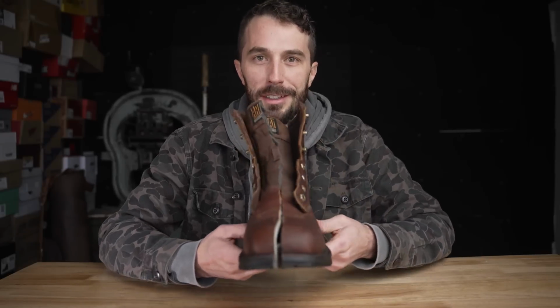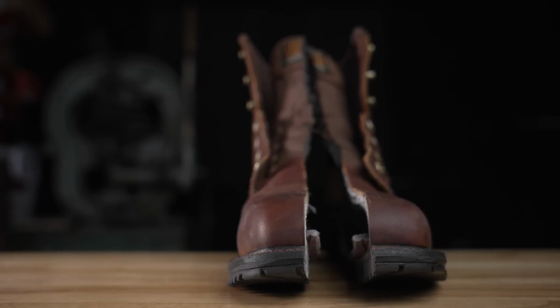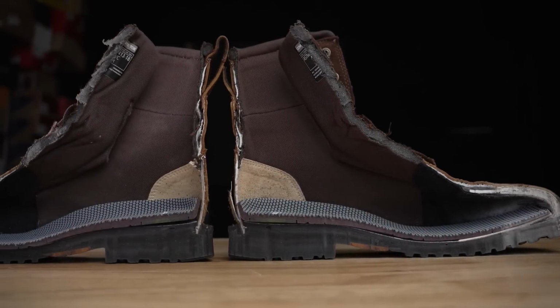Okay, we got it chopped. Let's see what's inside. So right off the bat, there's no loose and floppy layers on the inside, because in almost all the sub